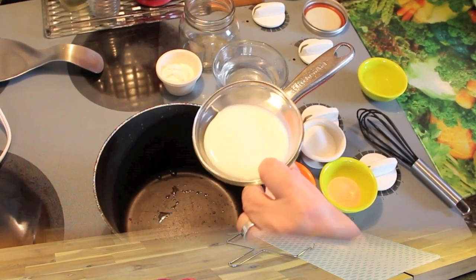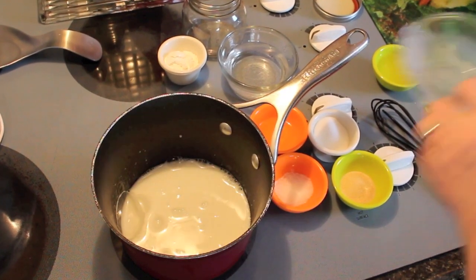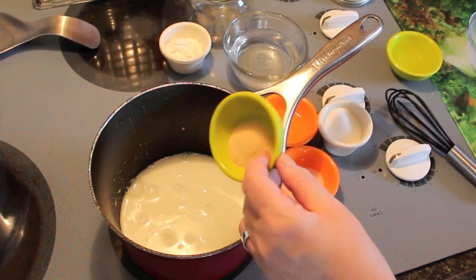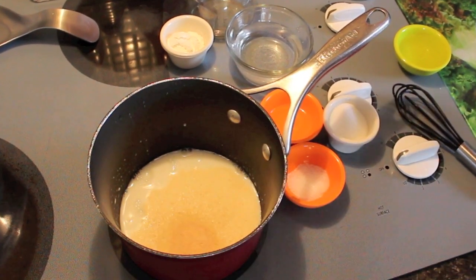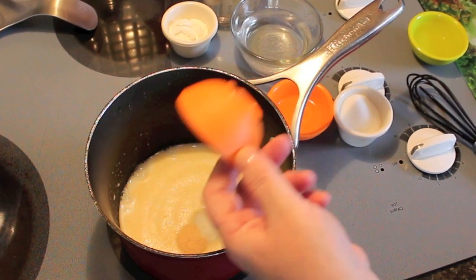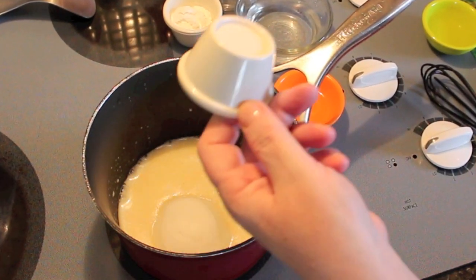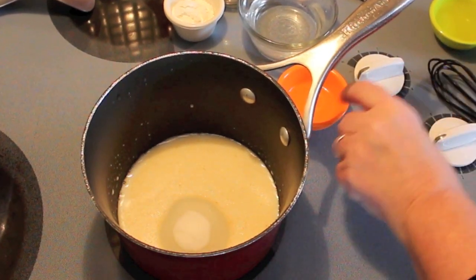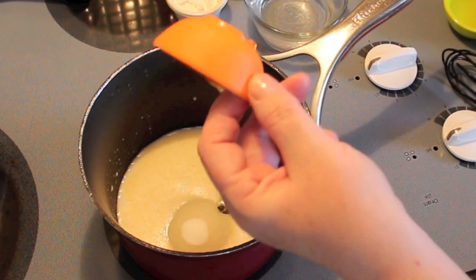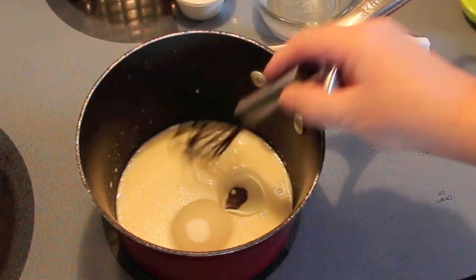So what we're going to do first, we're going to toss in half a cup of milk. And we're going to have the heat on about a medium heat. 1.5 teaspoonfuls of garlic powder, half a teaspoonful of sea salt, and 2 tablespoonfuls of sugar, and you might need a little bit more, but that's to taste, and 1 teaspoonful of canola oil or vegetable oil, and then stir